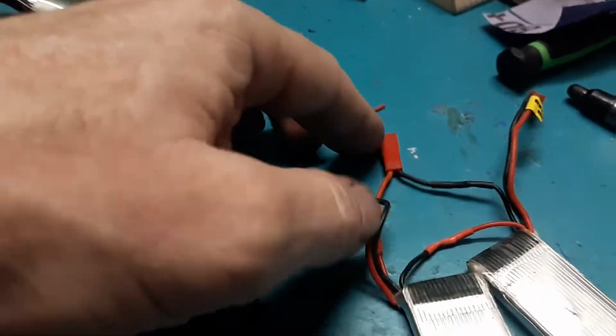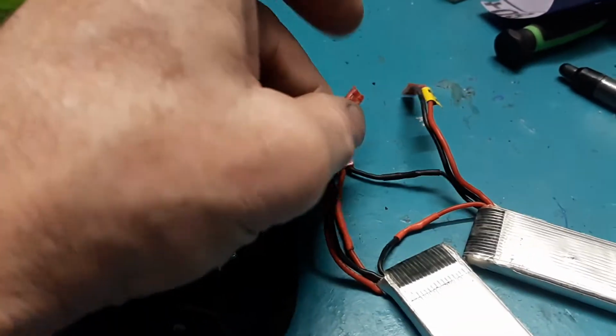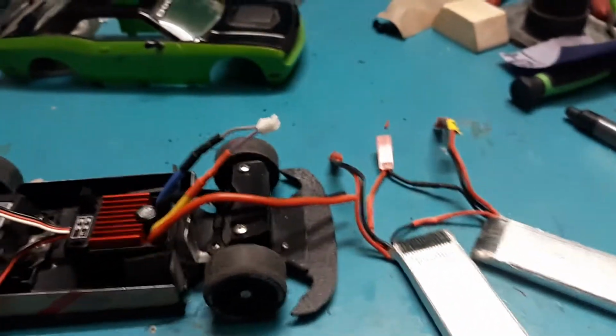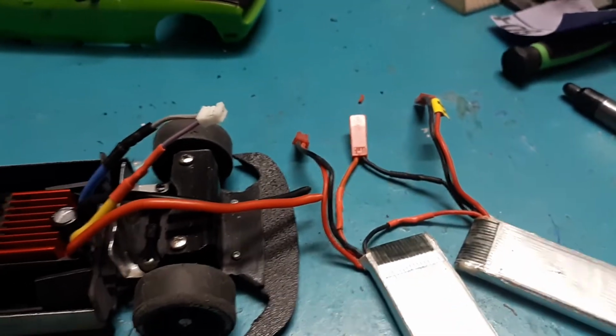And I've intentionally reversed the connectors on this, but hopefully nobody tries to plug this one directly into that one. It could be a bad day. Probably should use a different connector now that I'm looking at it, but so learn from my mistakes